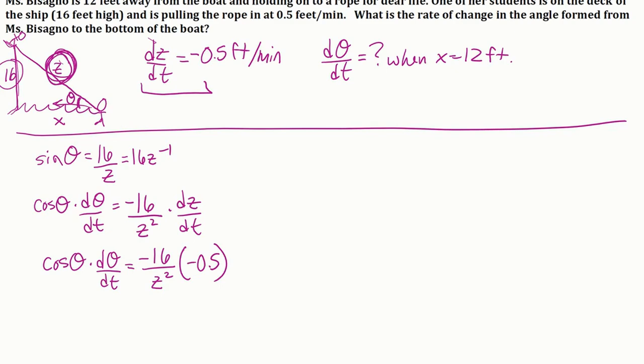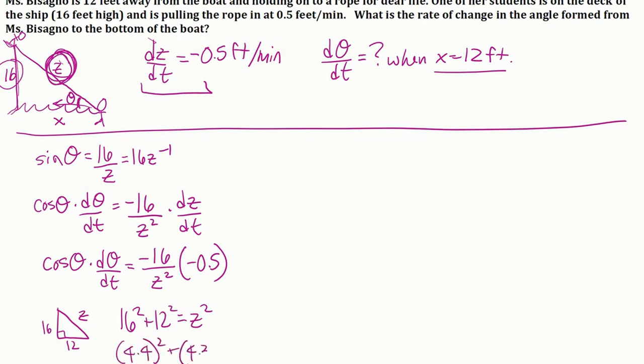So I know this moment in time is when x is equal to 12. So that gives me, again, at this moment in time, 12, 16. I can figure out what z is by using the Pythagorean theorem. So 16 squared plus 12 squared is equal to z squared. Is this a 3, 4, 5? 16 is 4 times 4. 12 is 4 times 3. It is a 3, 4, 5. So z is 4 times 5, which is 20. So z is equal to 20